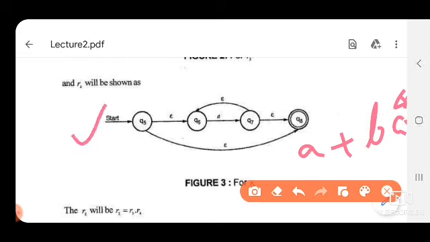So, this is the figure for a asterisk. A asterisk means we can generate null, single a, double a, triple a, and any number of a's by this figure. We have taken 4 states Q5, Q6, Q7, Q8, and there is a repetition with null, and there is a null transition from Q5 to Q6. So, that null is also generated, and this null is for repeating a any number of times. So, this is for a asterisk.